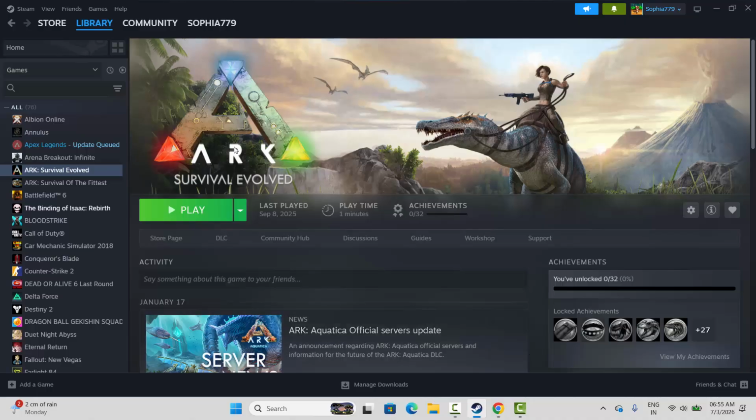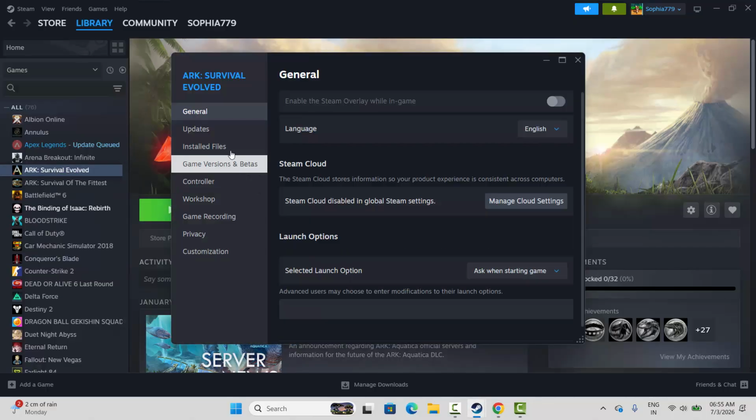Next is to modify launch option. So for that, go to Steam, under library section, select your game. Now right click on it, click on properties, click on under general. Here you have to type -dx11 and then launch the game and check if it's working. If this doesn't work, come back again, type -dx12